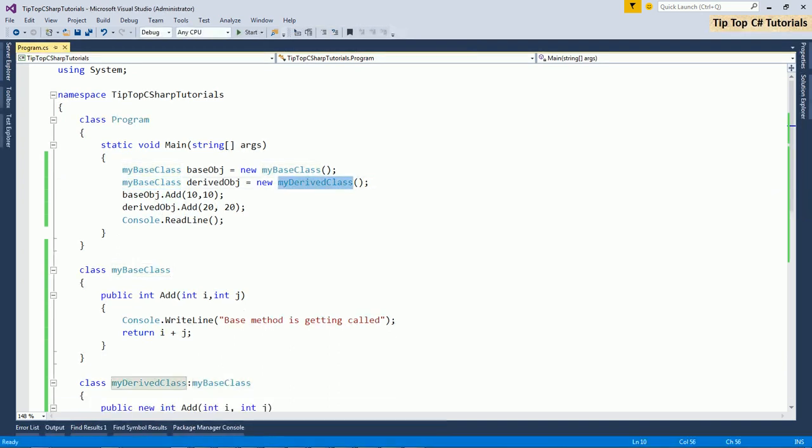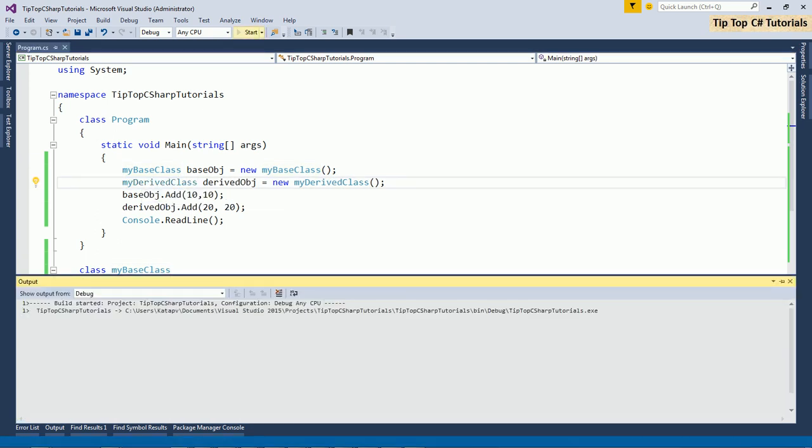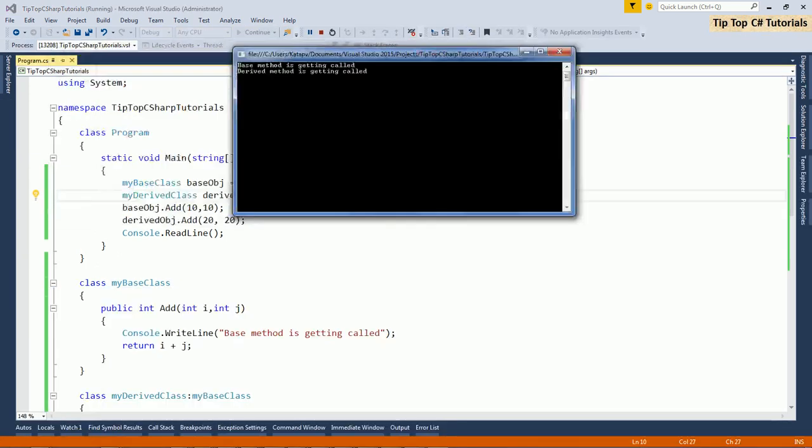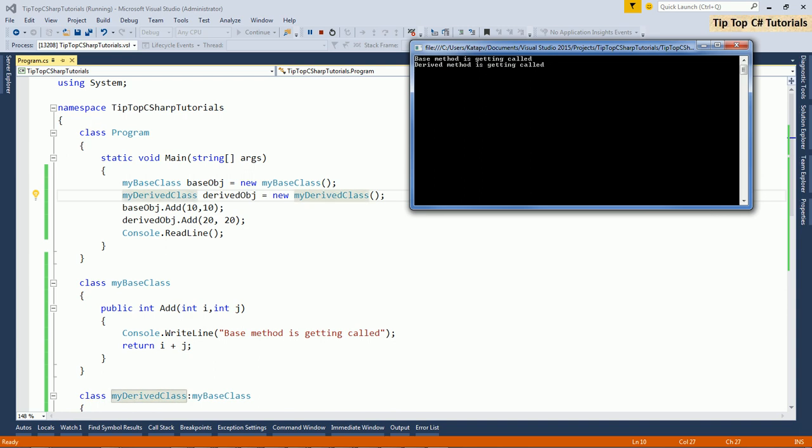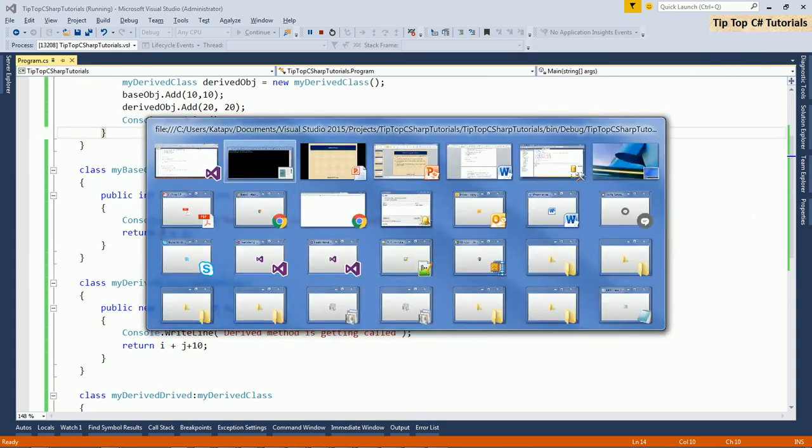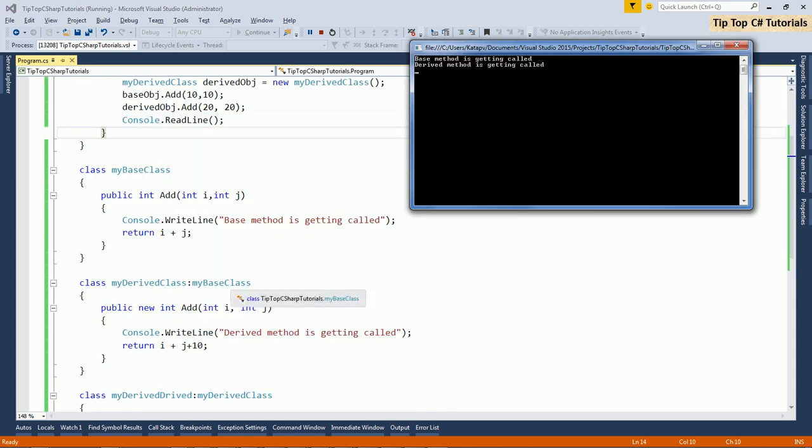Instead, if I use the derived class, now if you see, I'm able to achieve my unique behavior for each of the classes. This is what method hiding is. If you use the new keyword for the methods which do not provide virtual and you want to achieve your own behavior, then you can use the new keyword.